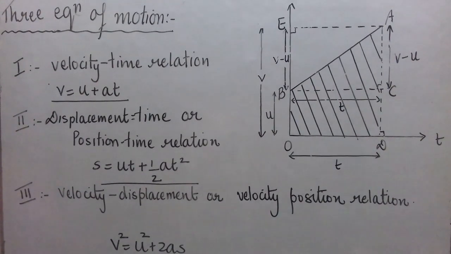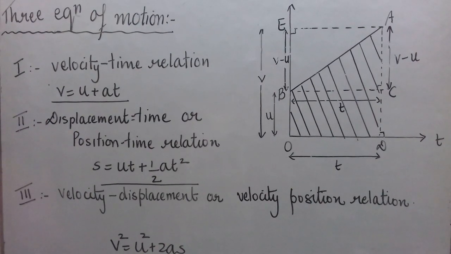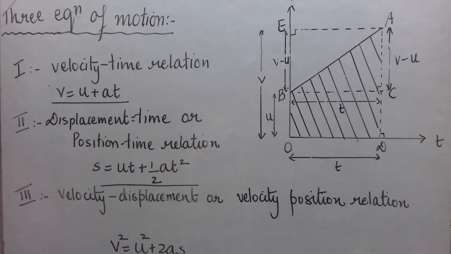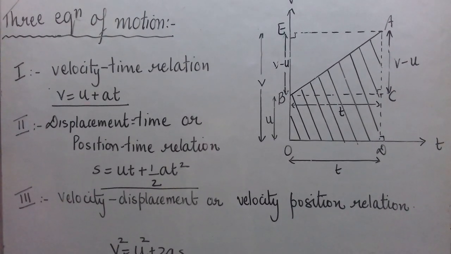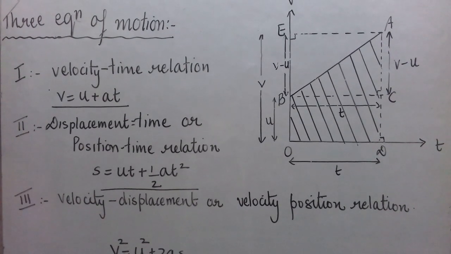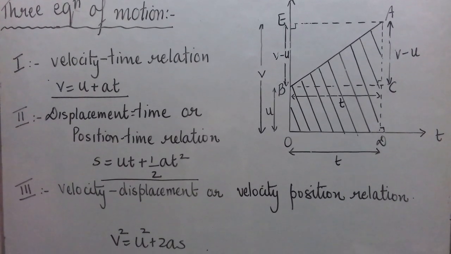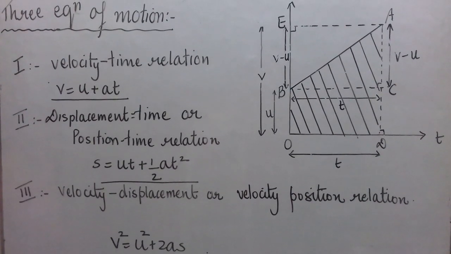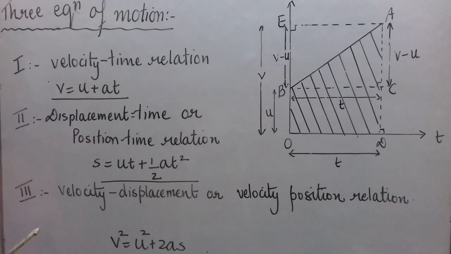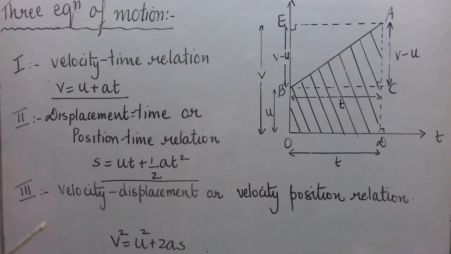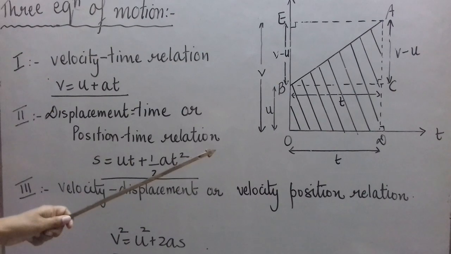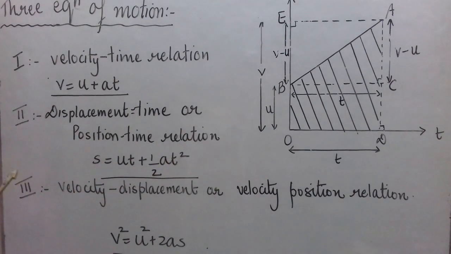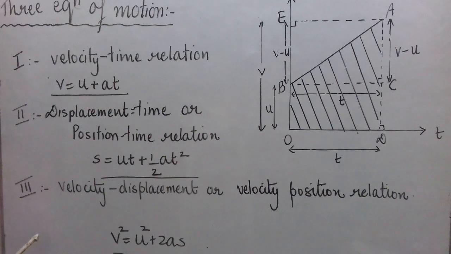Also, what is a major mistake that students make? If the question says derive the three equations of motion, a few students just derive the third equation of motion, leave the answer and lose the marks. You should read the question properly, whether it is derive the third equation of motion or derive the three equations of motion. This was the most important part of the chapter. Hope you have learned how to derive the three equations of motion. You should be able to derive them properly, and if the graph is missing in your derivation, you should not be given any marks, because the question here is to derive the three equations of motion graphically.